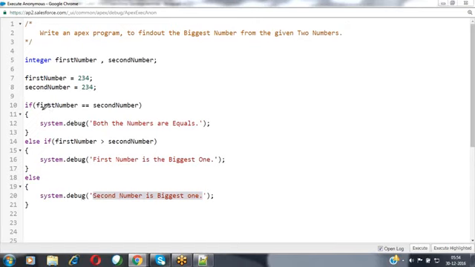This is one condition we have used, and this is another condition we have used by using that else if. Like that, you can keep on adding some more else if parts also. If none of those conditions is satisfied, finally it will be executing that else block of statements.